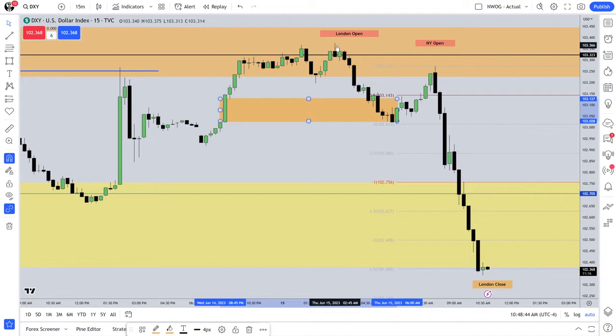So you can't use this as a target from up here. You want to see it go at minimum below that low here. And would you be incorrect by taking the largest portion off of your first partial if you're brand new doing that? No, you're not wrong by doing that. You're not getting a lot of movement, but you're not trading the dollar either. You're trading euro dollar, pound dollar, Aussie dollar, New Zealand dollar, something to that effect. But we're looking for how price wants to go down to this level at minimum. So you want to take a partial here. You might want to take a partial below that low here.